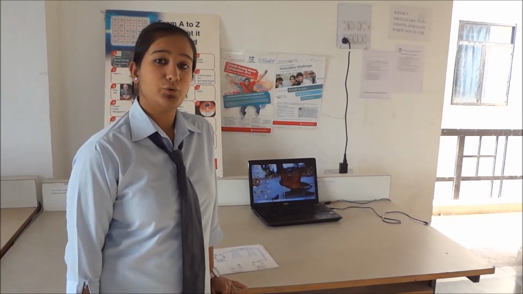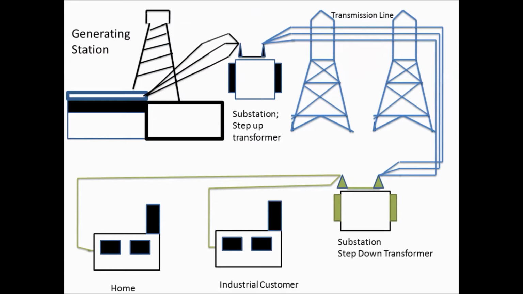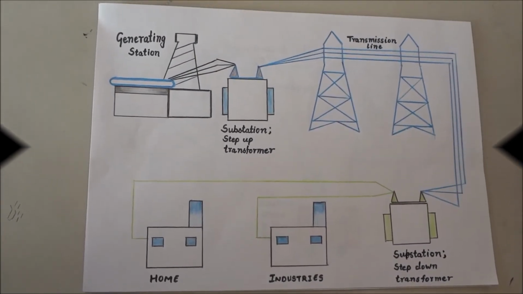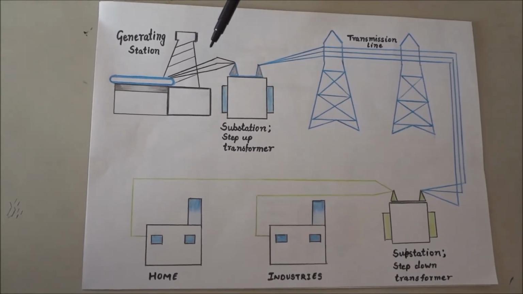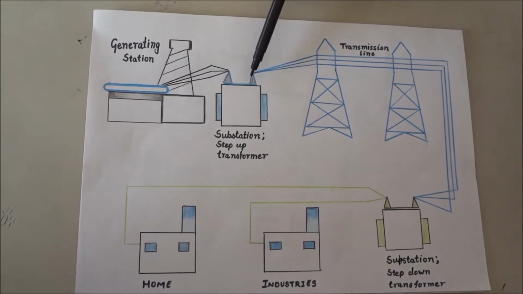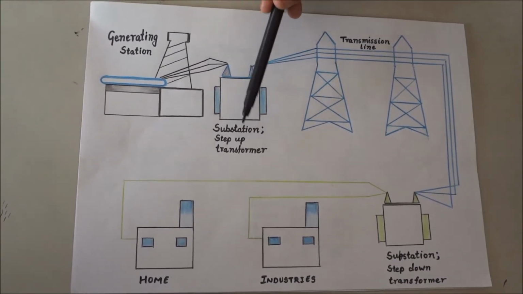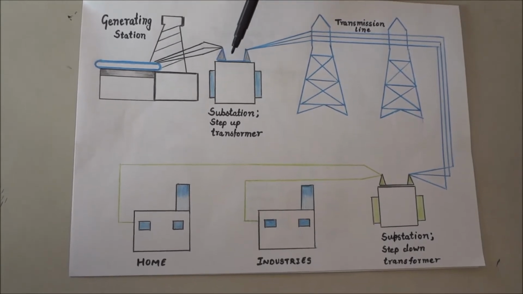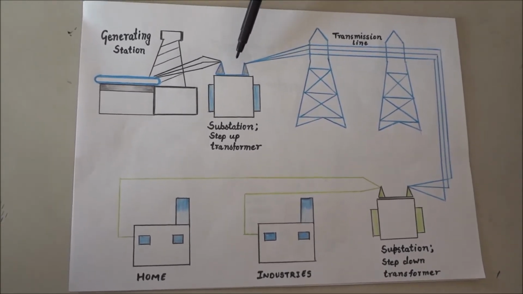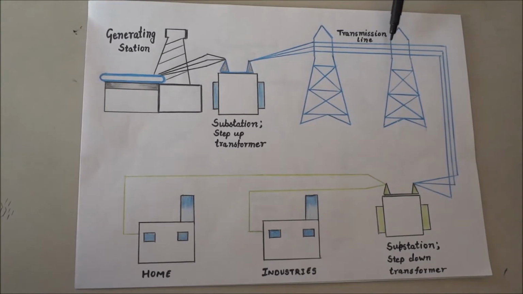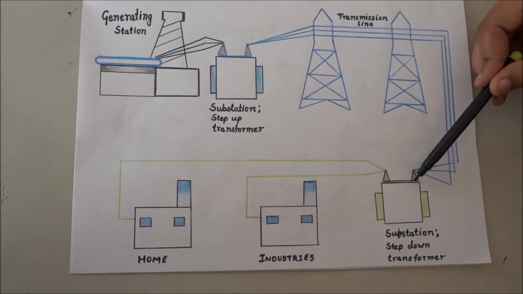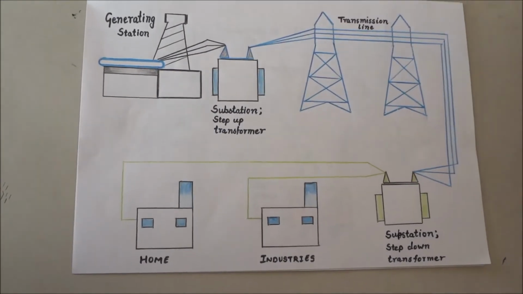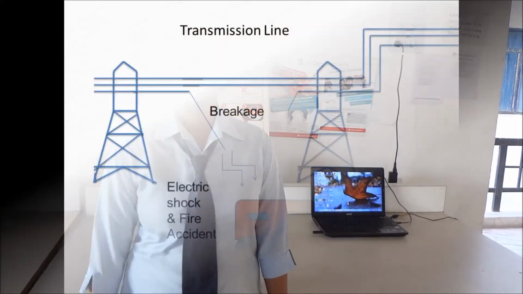Now let's have a look over the flow chart. The electrical signals are generated in the power generation plant, which is then sent to the substations. These substations are implanted with step-up transformers, which increase the voltage level for lossless transmission. The signal is then transmitted over the high tension line. And finally, the step-down transformer again converts the voltage levels for distribution purposes. Let's move on to the next slide.